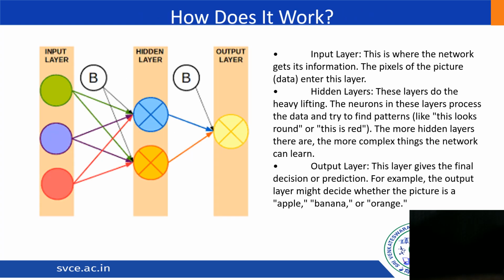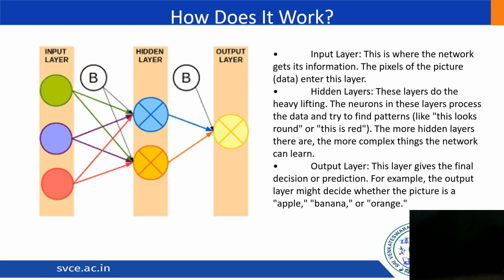Now we will see how this neural network works. The neural network has three layers. One is the input layer, then the hidden layer, and the third one is the output layer. The input layer is where it gets the information. For example, the pixels of the picture are entered in this layer. Suppose you want the network to recognize pictures of fruits, then the pixels of the picture represent each node